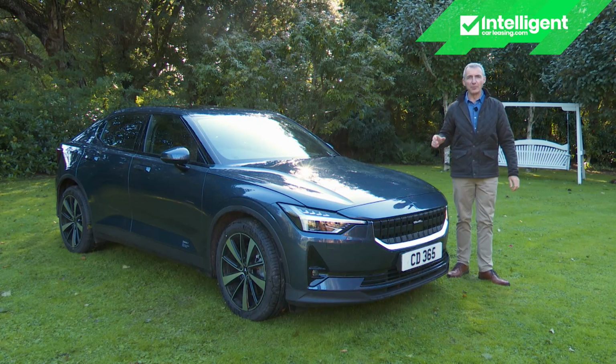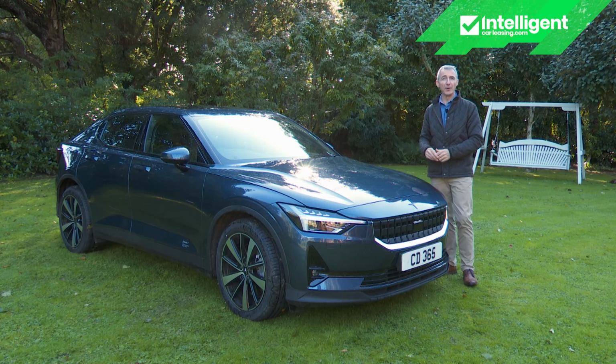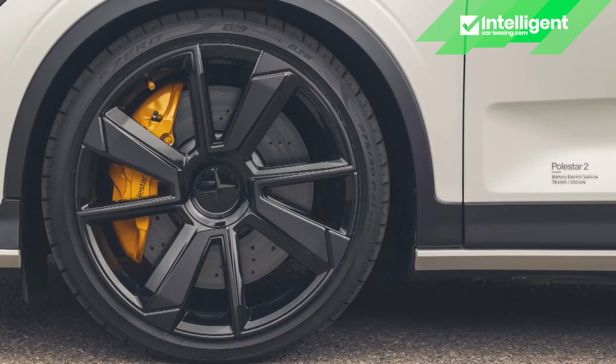The other available option pack can only be had with this top long-range dual-motor four-wheel drive model, the Performance Pack, which costs £5,000 more, and it proved particularly popular at the launch of this car when over a third of all customers ordered it. This performance-orientated pack gives you upgraded Brembo brakes with gold calipers, forged 20-inch alloy wheels with